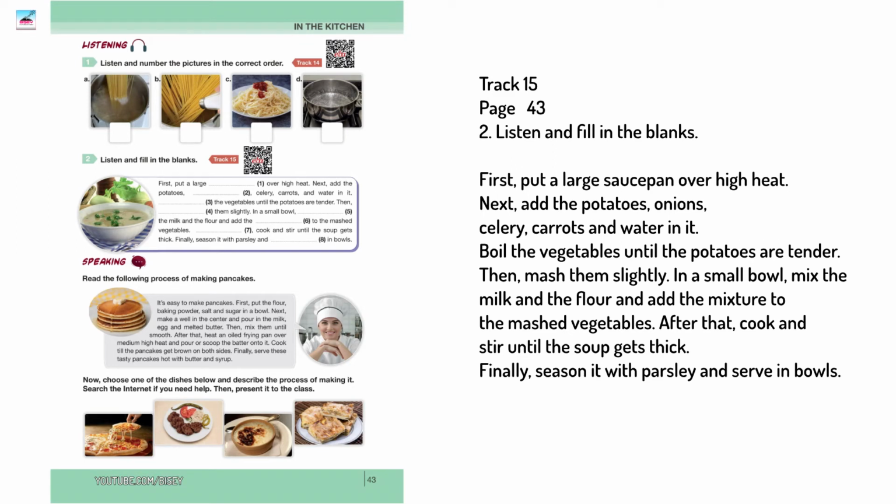First, put a large saucepan over high heat. Next, add the potatoes, onions, celery, carrots, and water in it. Boil the vegetables until potatoes are tender. Then, mash them slightly. In a small bowl, mix the milk and flour, and add the mixture to the mashed